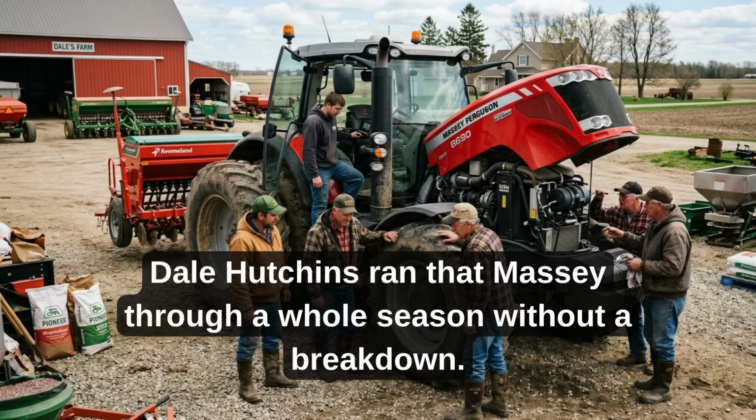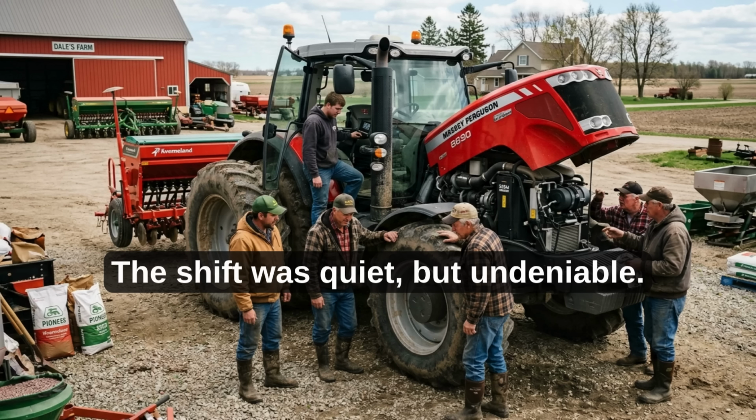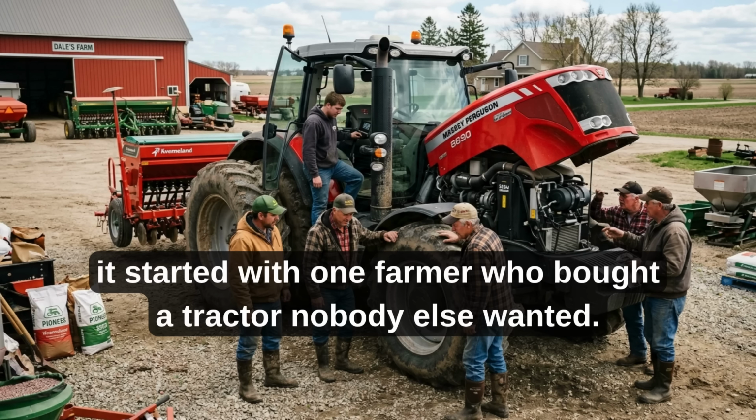Dale Hutchins ran that Massey through a whole season without a breakdown. I can't say the same about my Case. The shift was quiet but undeniable. Case IH still dominated the county, but the monopoly was broken, and it started with one farmer who bought a